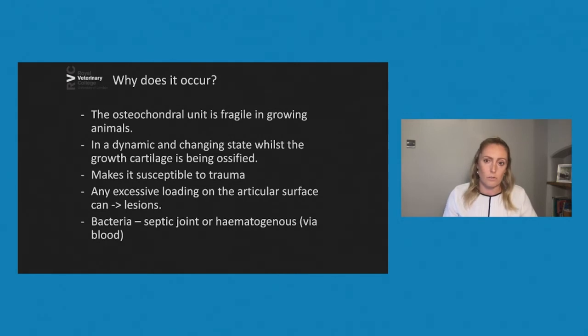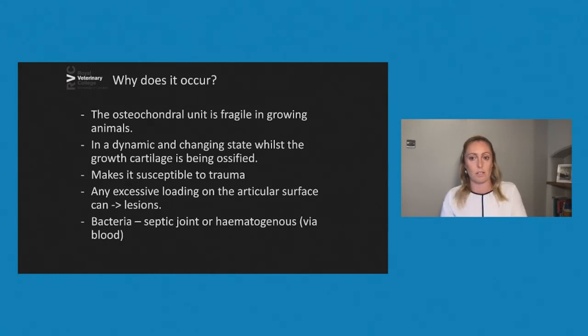So the osteochondral unit, the area of bone and the growth cartilage, is quite fragile in growing animals. It's made up of relatively weak layers of growth cartilage adjacent to the ossification front, and they're quite differently dense materials. The scaffold of extracellular matrix, where the proliferating chondrocytes were laying down extracellular matrix, isn't very strong. And there's also a difference in orientation of the collagen fibrils in this matrix, which makes it quite susceptible to